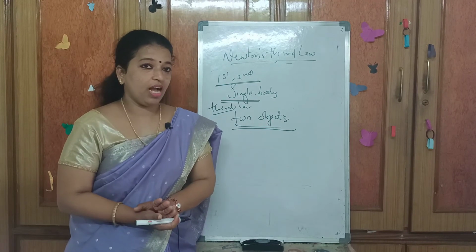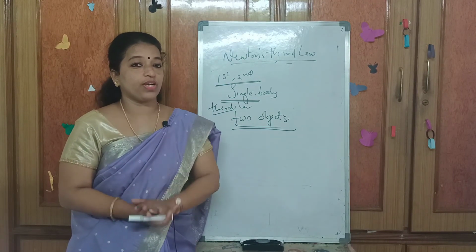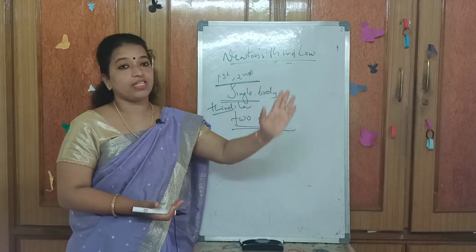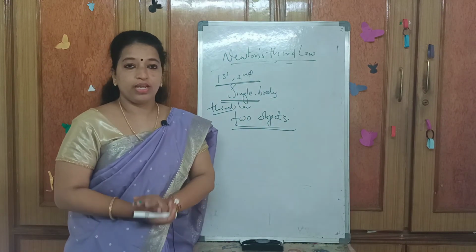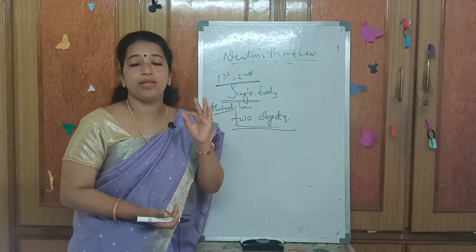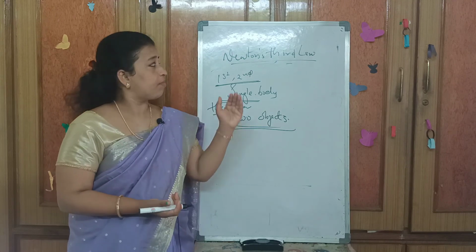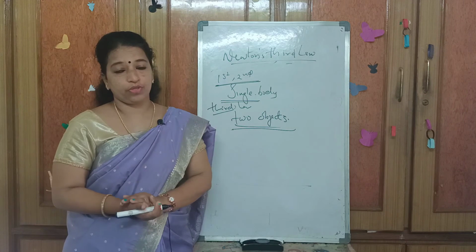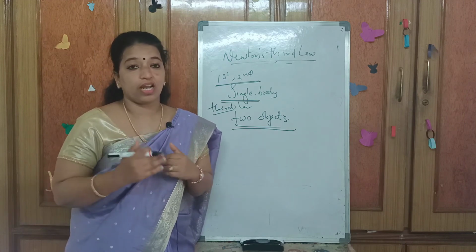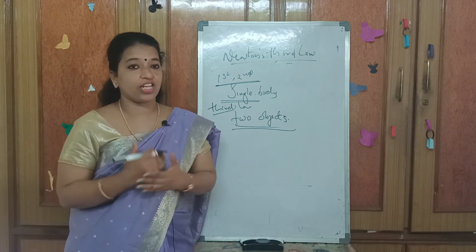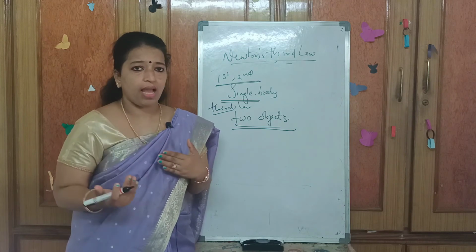So have you seen how we can make a balloon rocket with the help of Newton's third law of motion? Understood? Now we are going to learn another important activity, which is also an example for Newton's third law of motion. How to prove Newton's third law of motion, that action and reaction, how we can show it in the lab. Right.